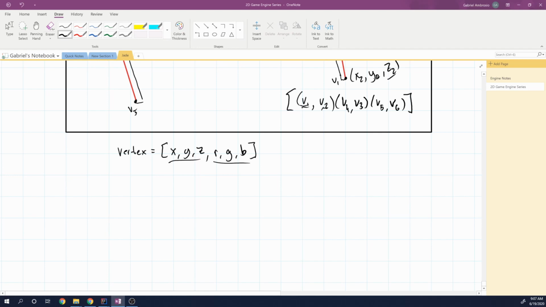And it would just look like x, y, z, r, g, b, x, y, z, r, g, b, over and over again until we got all 6 of these vertices done. The reason for that is because we're going to be sending these as something called the VBO, the VAO, right? So we're going to be creating this VAO, which is just an array object inside our GPU. Then we're going to bind a dynamic VBO so that we can upload these dynamically every frame, just like our